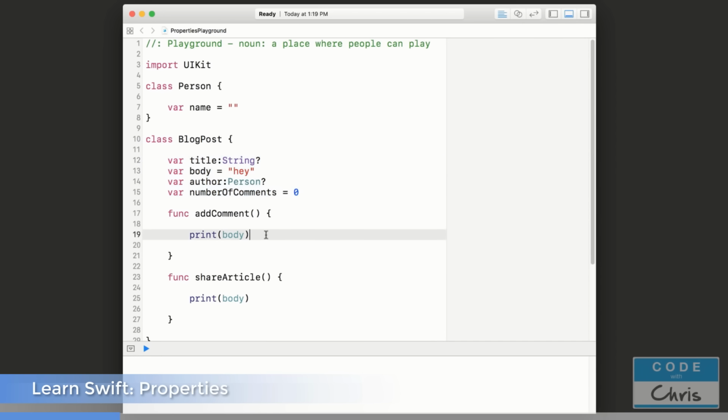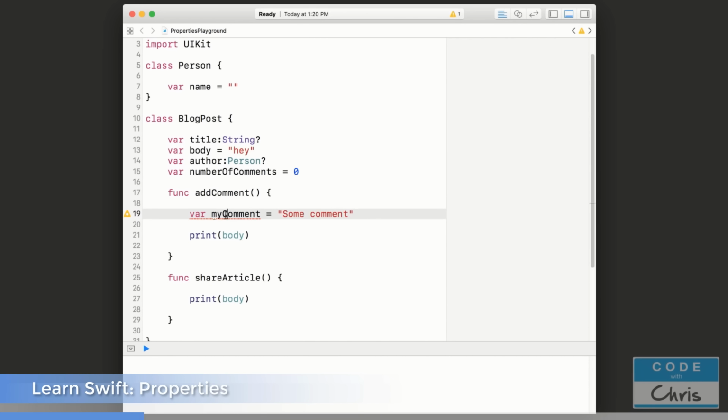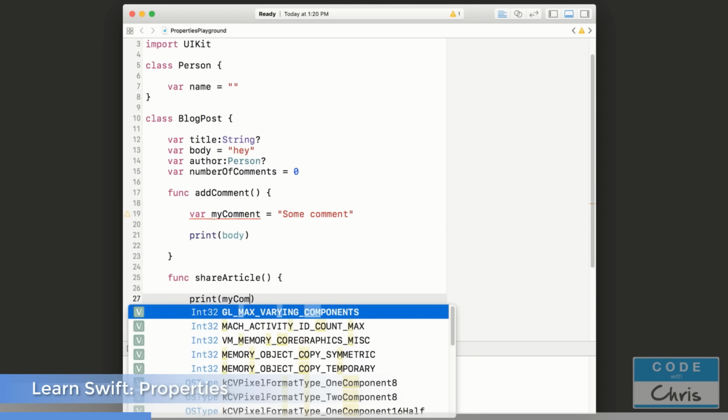However, if you declare a variable inside of a function, that is what's called a local variable, and the existence of that variable is limited to the scope of that function. So what that means in plain English is if I declare a variable here, let's say var myComment equals "some comment" like that, I would not be able to access this variable inside this function here. So if I try to print myComment,